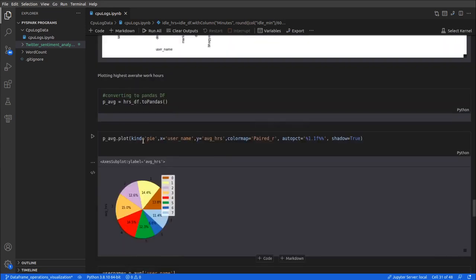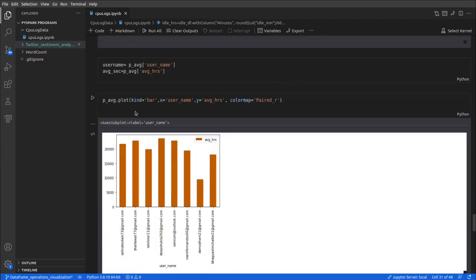For the pie chart we are using dataframe.plot, and our kind is pie, x axis as username, y as average hours, and I am using colormap as Paired_r, and I am using autopct, which gives me the percentage on that particular section, and then I am enabling shadow.